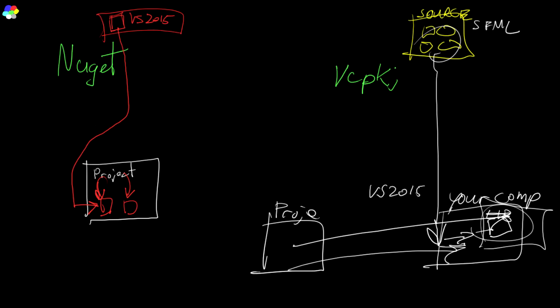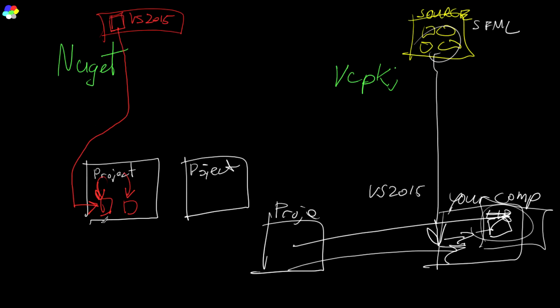So the basic comparison between NuGet and vcpkg, although I haven't used them both yet, my general impression is that the pros for NuGet is, it's super easy. It's really easy. A couple clicks and your stuff's downloaded and incorporated in your project, and it just works. You can't mess it up. But the cons are, well, besides the fact that it doesn't work with SFML currently in Visual Studio 2015, if you download